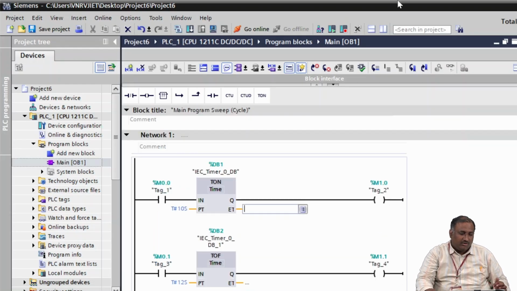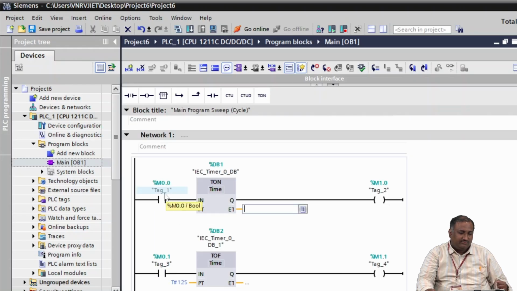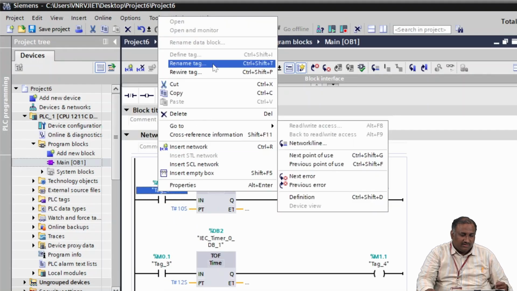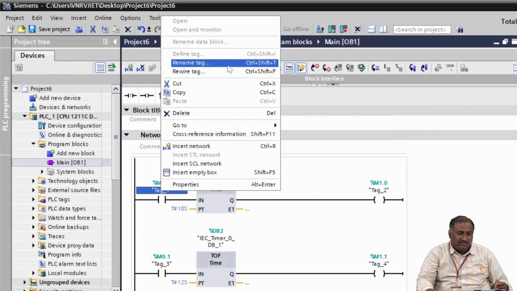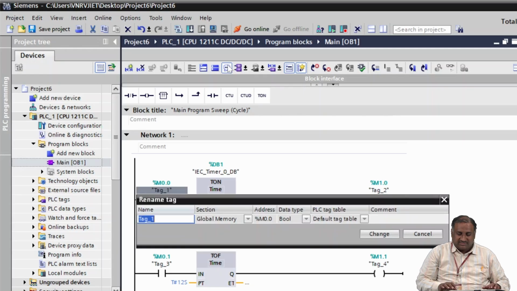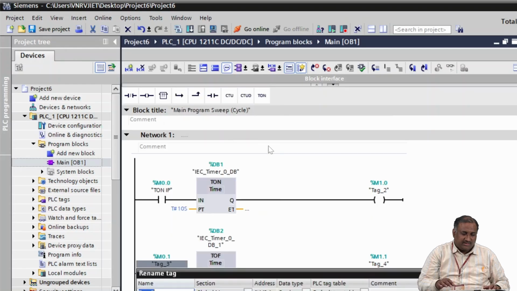Now I will show how to properly assign tags for this. Here we are getting the default tags. I am renaming them. When we click on this tag option, you will get the rename tag option. So first I am assigning it as on timer input. This one I am assigning as off timer input,